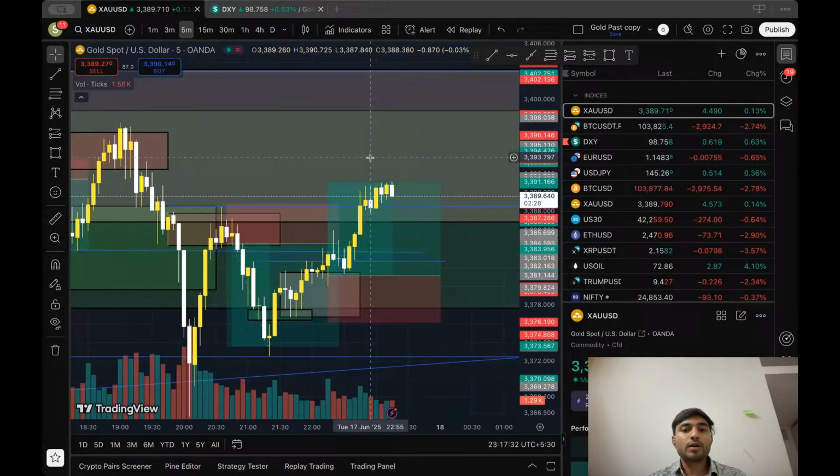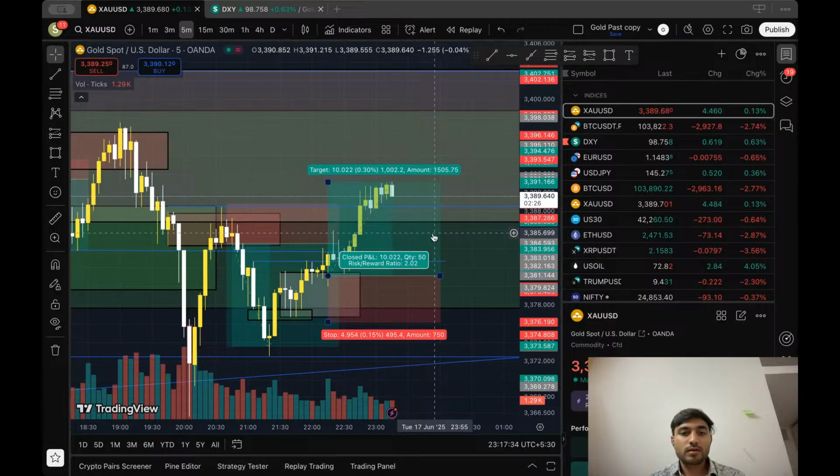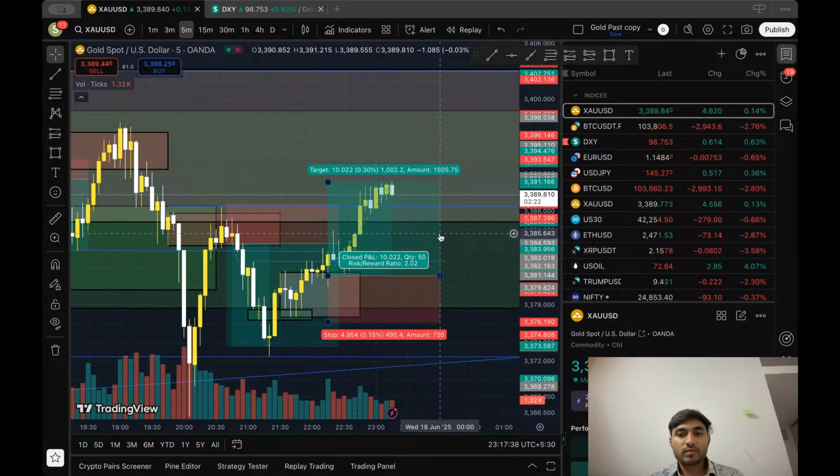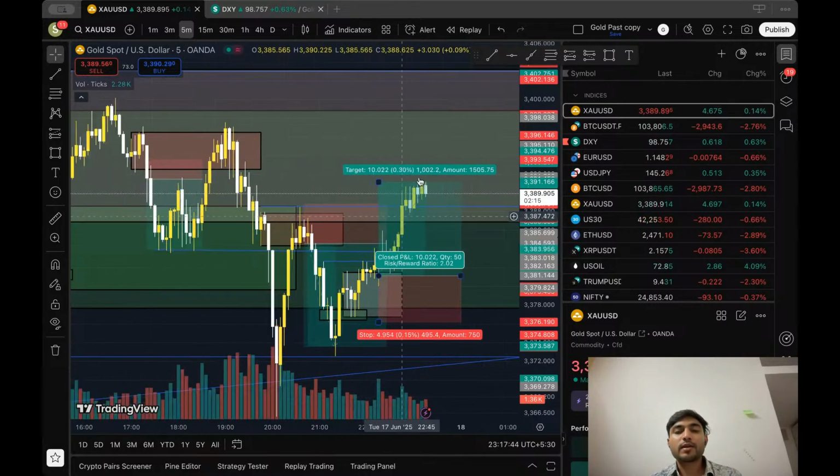Maybe pop down into some lower time frames. We could take it from 85. If it comes back to 85 now, we could take a buying trade. But at this point, it's